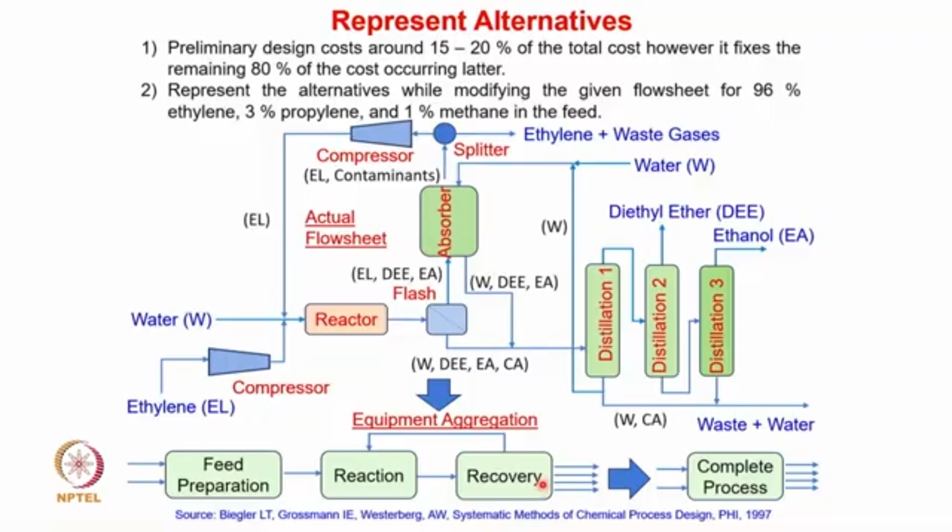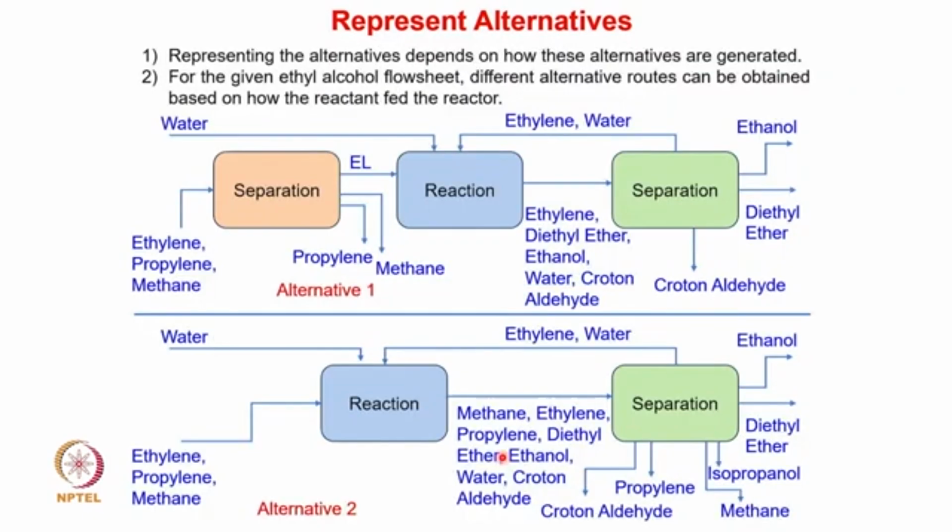Again, this equipment aggregation can further be simplified to only one block. So here you can see that the complete process is shown, where the inputs are there and certain outputs are there. So now let's look at what the different alternatives are in the given flow sheet. For the same ethanol production flow sheet,